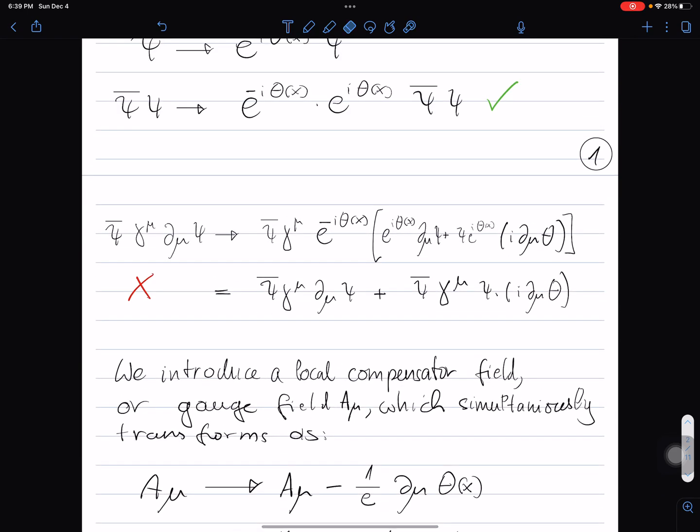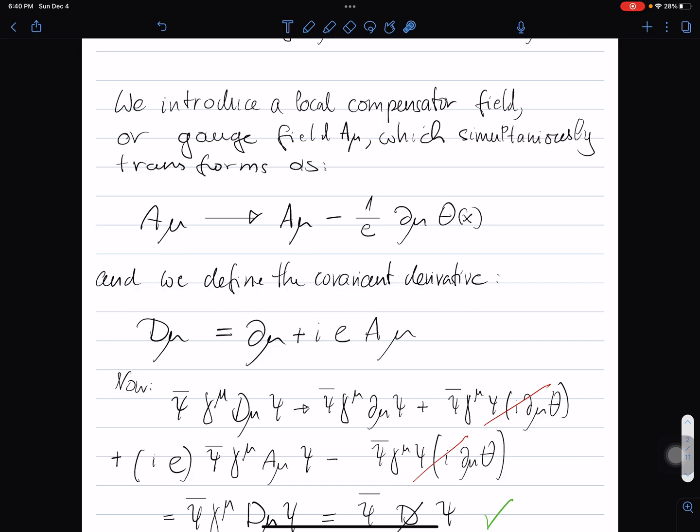But a combination that contains a derivative of this form, d_mu psi, gives us the exponential with a negative sign. There is a part that is indeed invariant, where the derivative acts on the field but the exponential is not affected, so these things cancel. But we also get a part where the derivative acts on the exponential, and we get an e d_mu theta term that multiplies this current. This is a non-invariant part, so the whole interaction seems non-invariant.